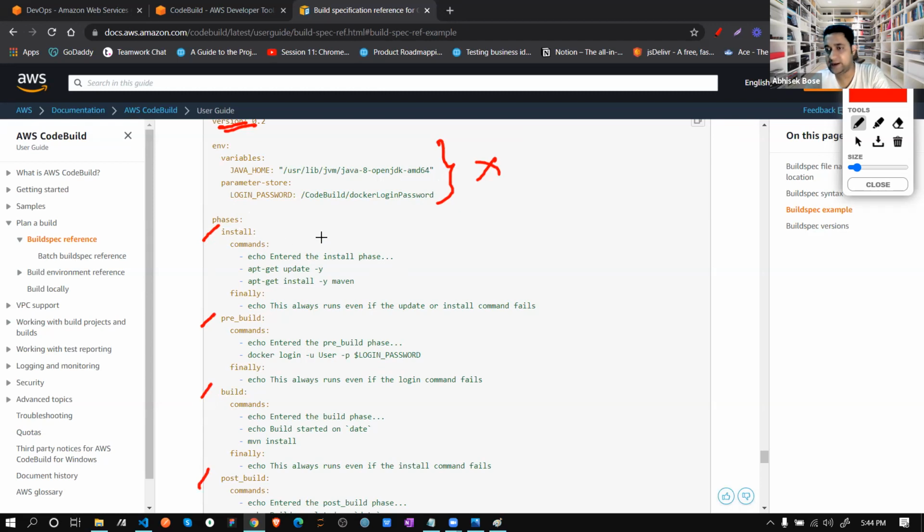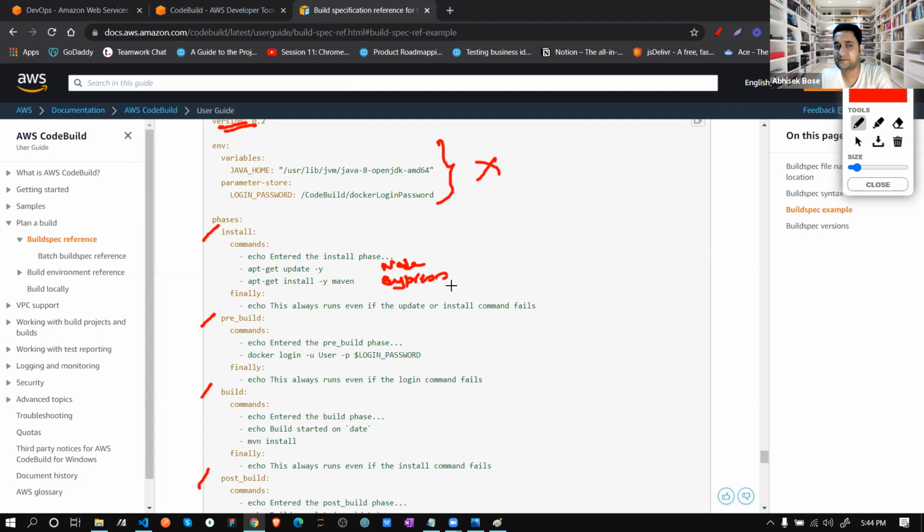In Artillery, you guys did that tab-based, correct? Because that is also totally YML-based. What they are doing here is updating the Ubuntu and installing Maven. In our case, instead, you are installing Node, then installing your Cypress.